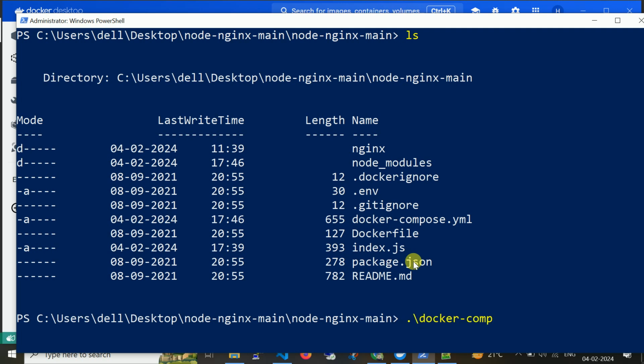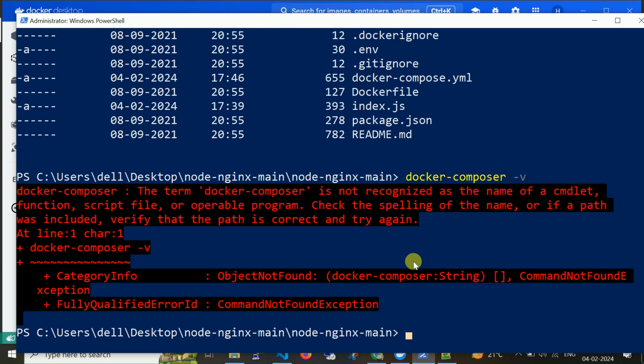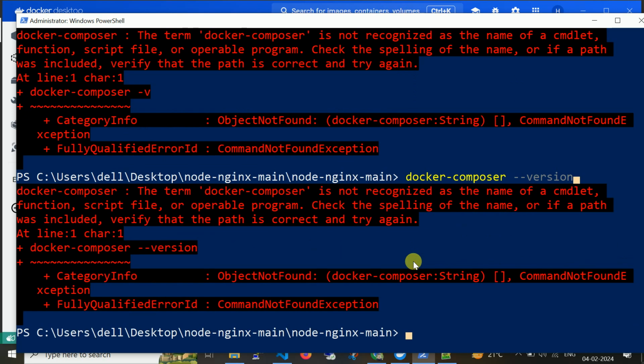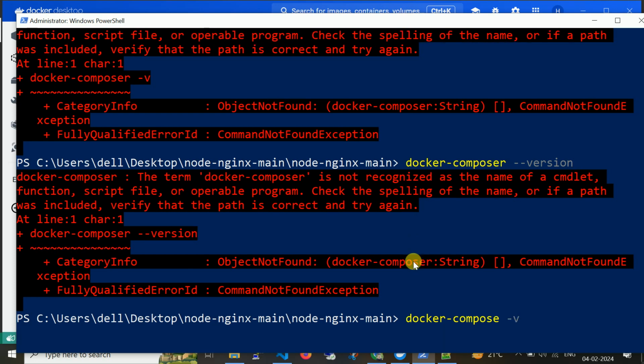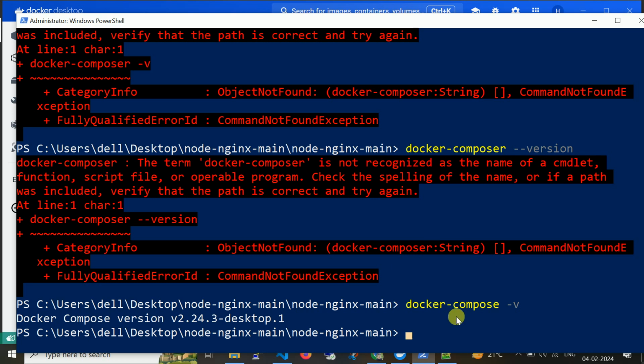Now docker-compose -v. The version is 2.24, which is Docker Compose. It comes with Docker Desktop.